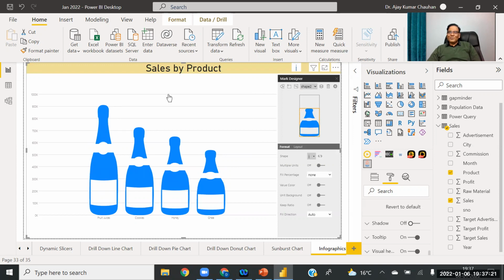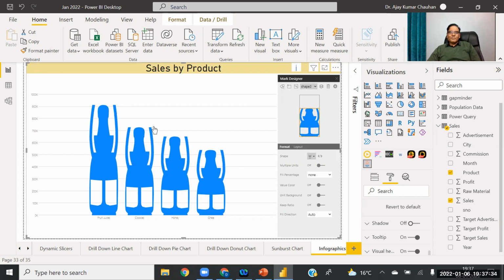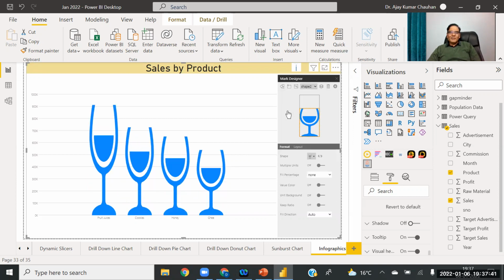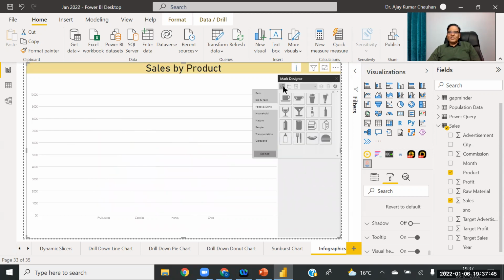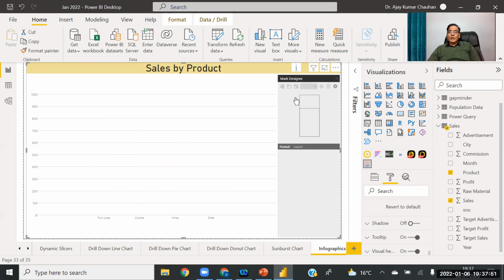You can also add a combo of two things. Delete the previous one and take this. If you don't like this, delete it and click on this.